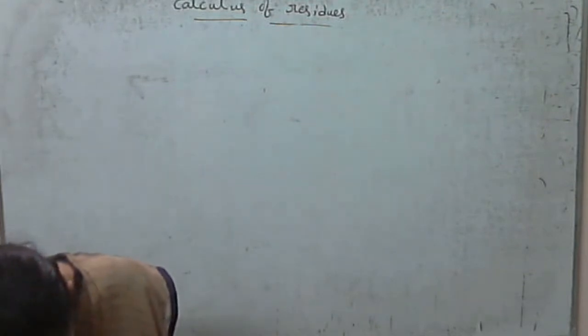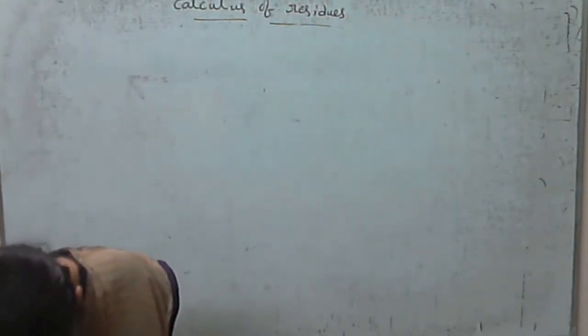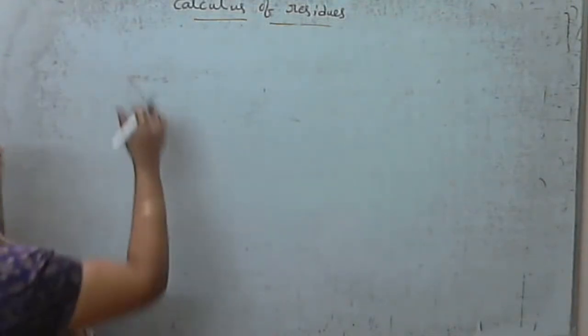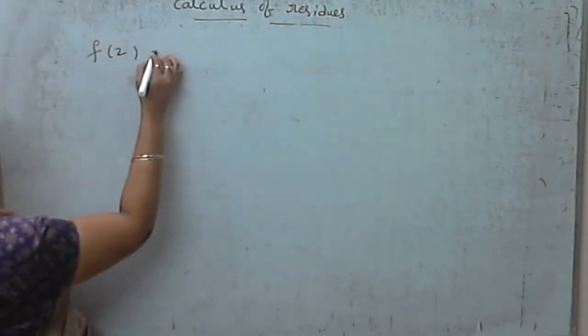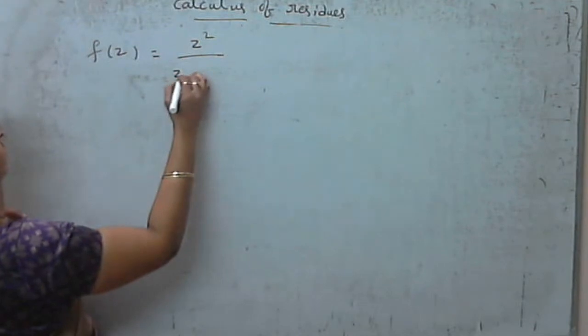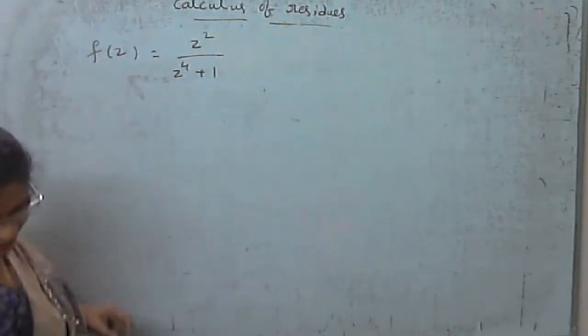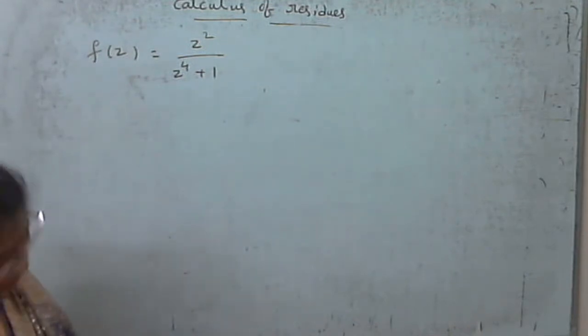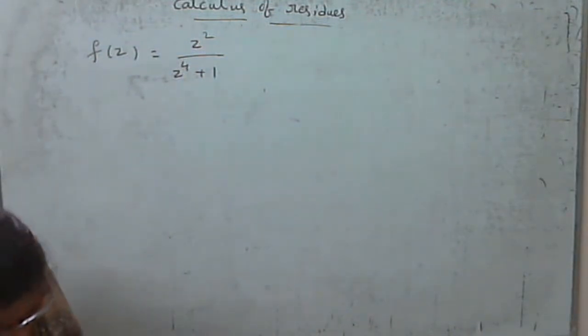Find the residue of z square by z power 4 plus 1. So f of z equal to z square by z power 4 plus 1. So this is another function. We have to find the residues. So to get the poles,